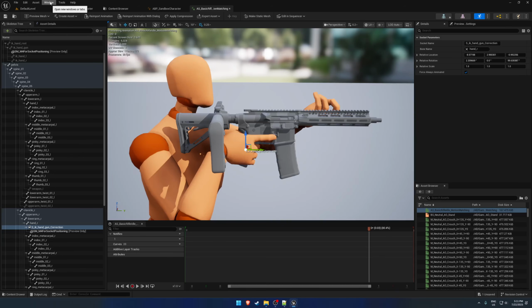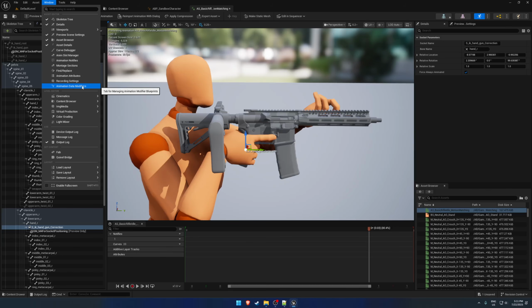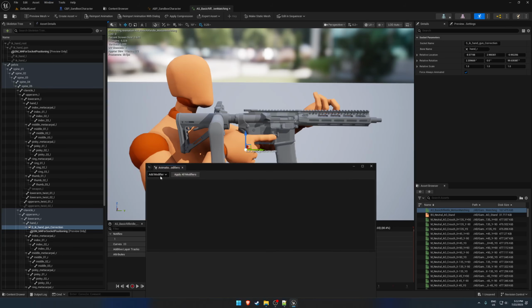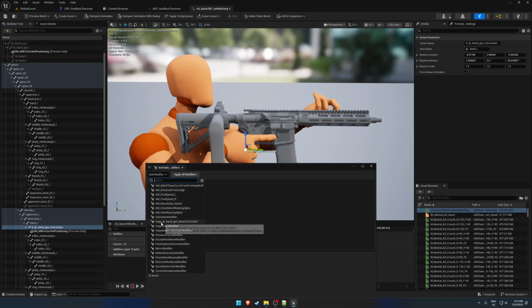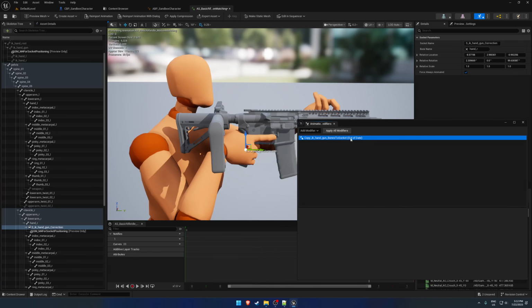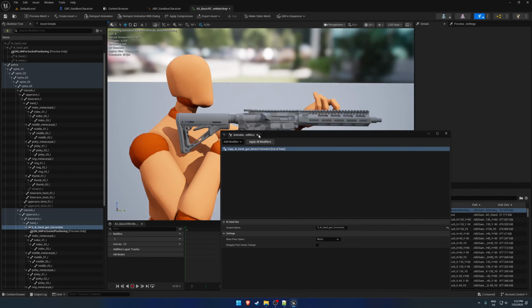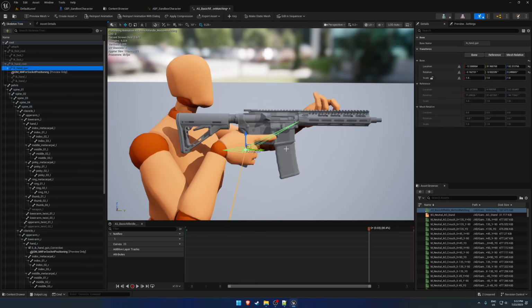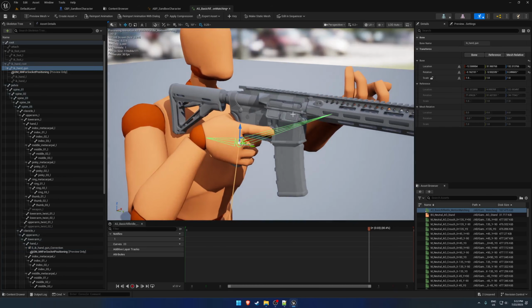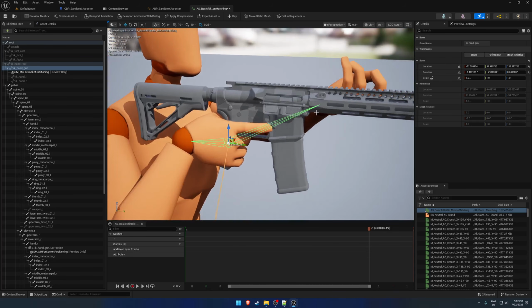So now go to Window, Animation, Data Modifiers, and we want to add copy IK handgun bones to socket, which comes with SKGSF, and the socket name is going to be S underscore IK handgun correction. So copy, paste, and apply. And then we can close that. You can see IK handgun is now in the correct position, exactly where the socket is, as well as IK hand L and R have also been corrected. So we can save that